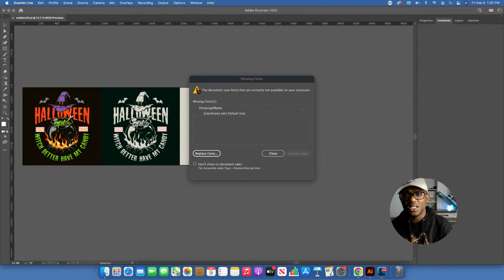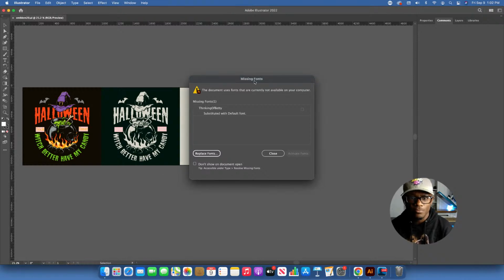All right, so what you should be able to see here is this missing font thing. In most cases you'll find this missing font flag if you don't have that font within your computer, or if that font is not converted into text or into a shape. That's when you get flagged for that, because not all computers have the same font. We have special fonts like the one that's in this design here.